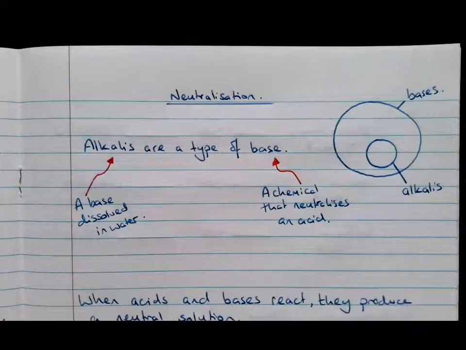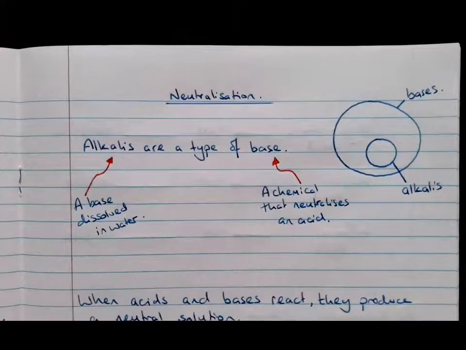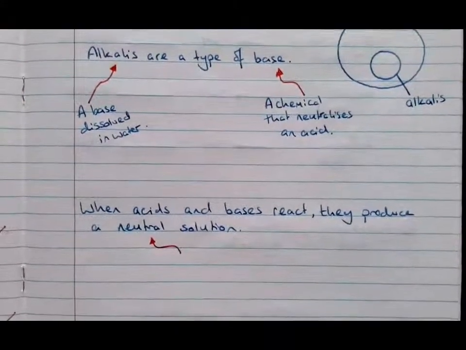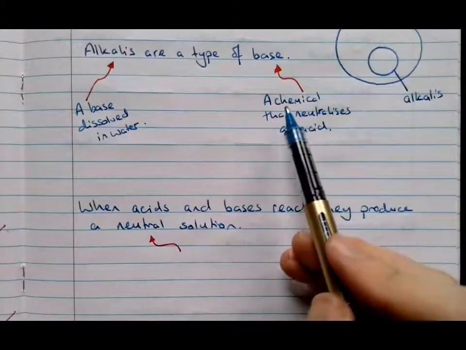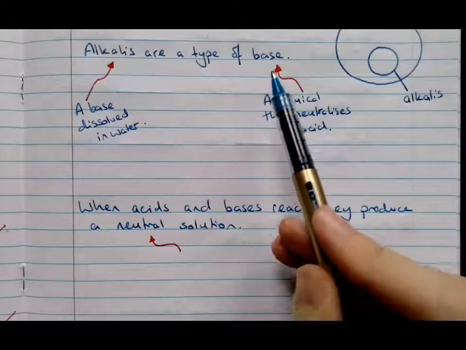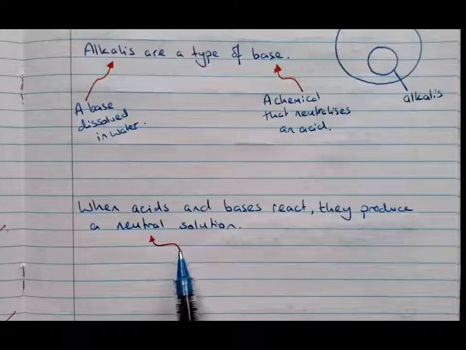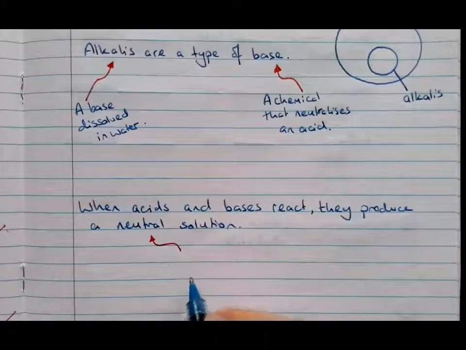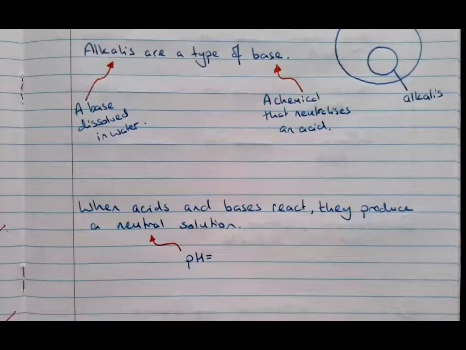All right, so in a moment we're not going to be talking about the reaction between acids and alkalis, we'll talk about the reactions between acids and bases. So when acids and bases react, they produce a neutral solution. Up here I said a chemical that neutralizes an acid is called a base, and that's because when they react together, they produce a neutral solution. You should know what I mean by a neutral solution because we did it last week, and it is a solution which has a pH of